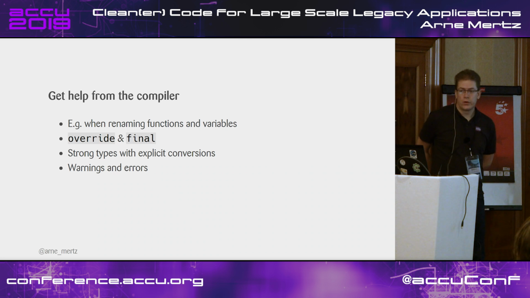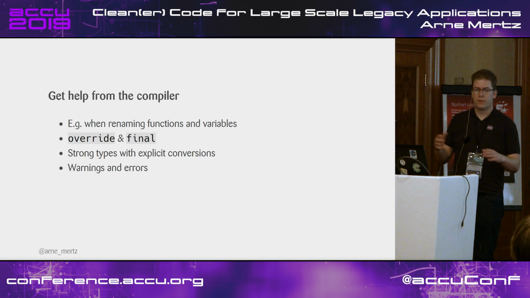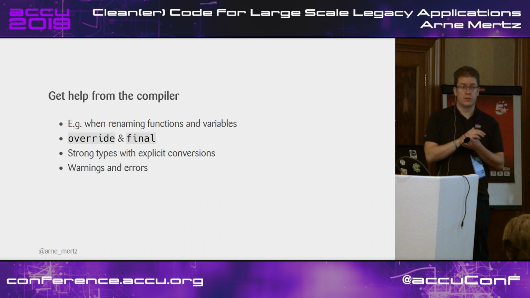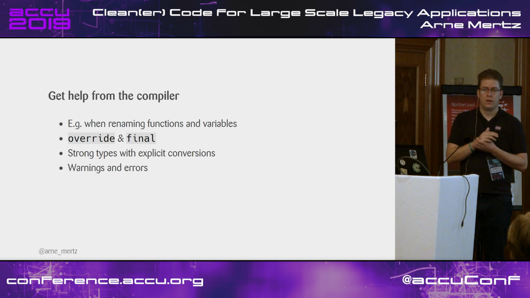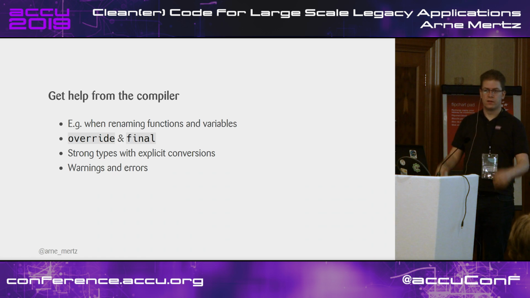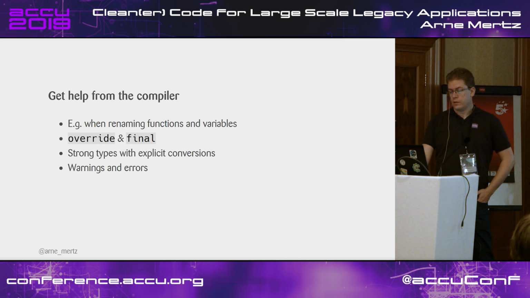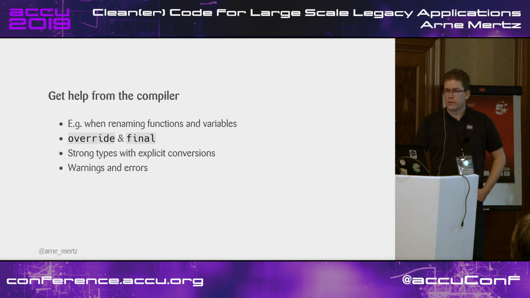We can use override and final, especially when we are dealing with virtual functions. We can use stronger types, like wrapping types in structs. We can, of course, try to use the warnings and errors the old compiler will give us. And when we have maybe a new language standard,